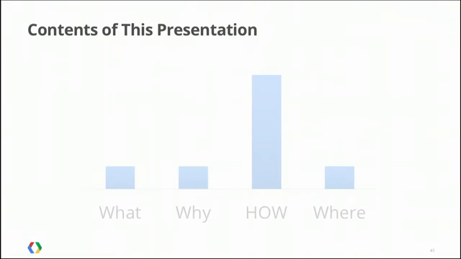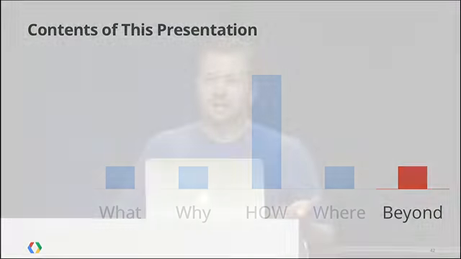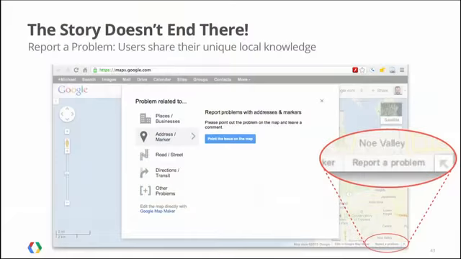So in theory, that takes us through what, why, how, and where, but you get a little bonus. We're going to talk about beyond ground truth and what happens after we initially publish the data. The biggest challenge for any map maker is that as soon as you publish a map, it's out of date. By fixing it in any kind of solid form, the world is changing, the fixed form is not. So the world is updating, the map has to update. So the story doesn't end with the mapping for the first time. You have to map for the rest of time.